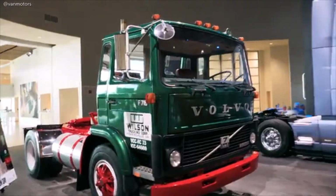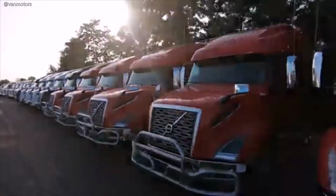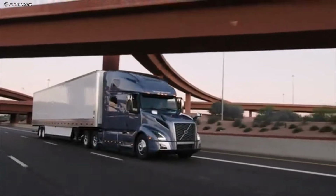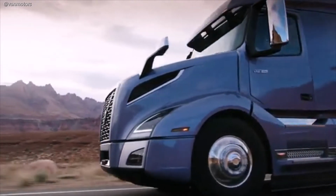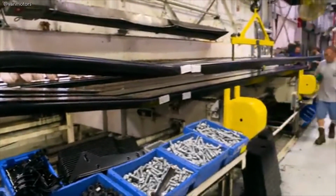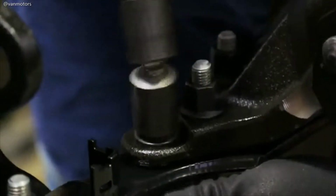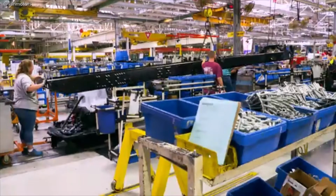Since the 70s, more than 500,000 trucks have been built in the American New River Valley plant, all with their huge distinctive bonnets, known as a conventional truck. The basis for every truck is the frame rails. In the next few hours, these pieces of steel will be transformed to make up a unique piece of highway